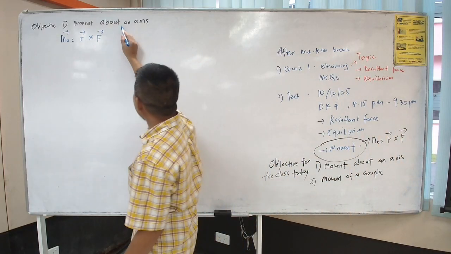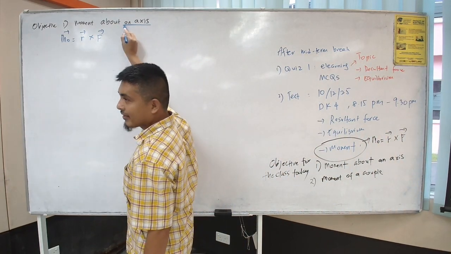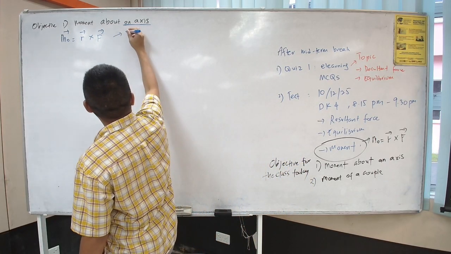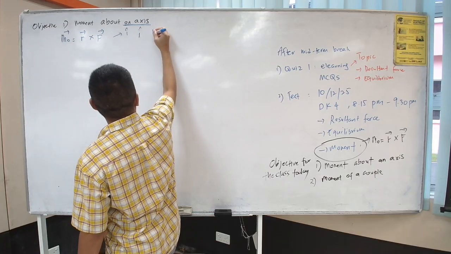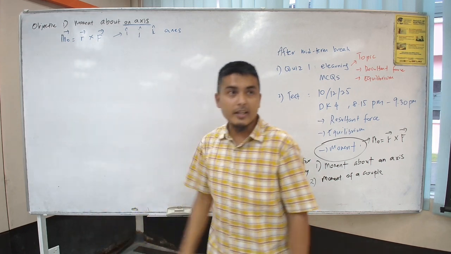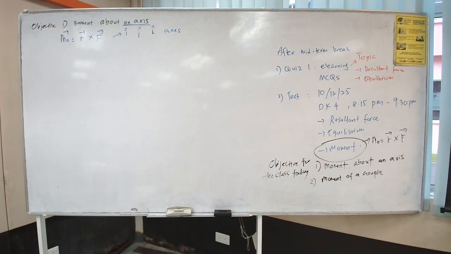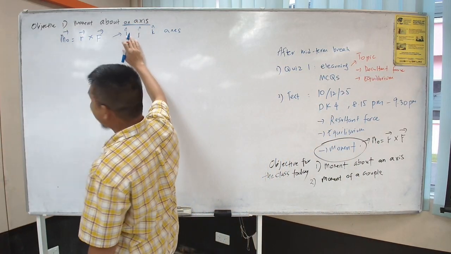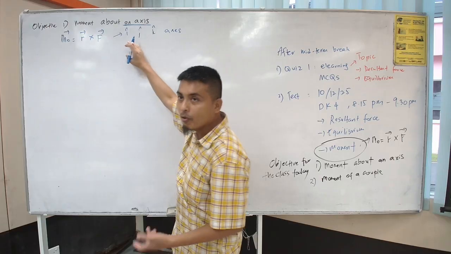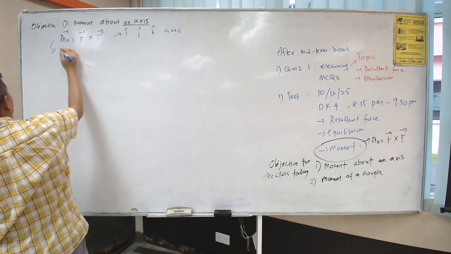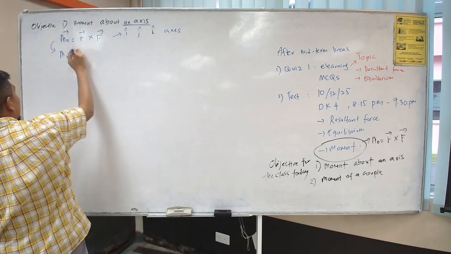this is what we want to know about an axis. This moment is about the i, j, and k axis. Okay. So now we want to focus on the moment for an axis. In order to know the moment about either the i axis, j axis or k axis, we just modify the formula to become